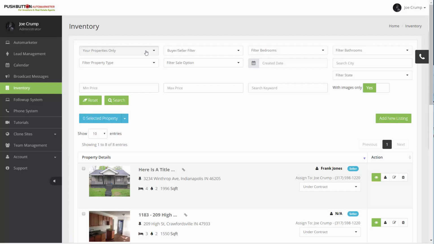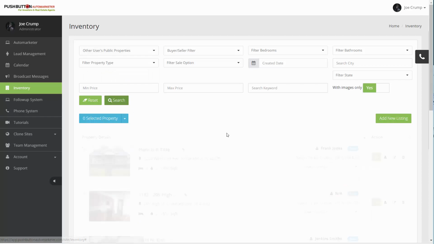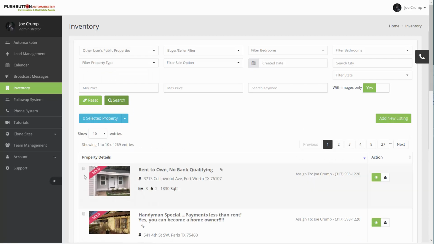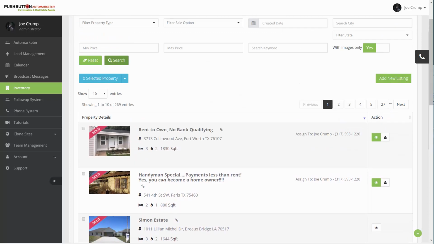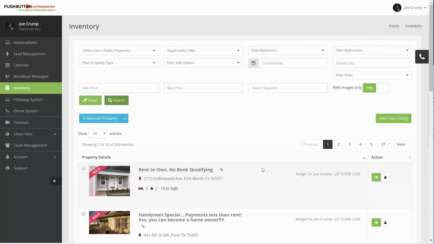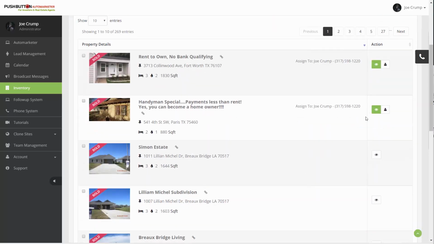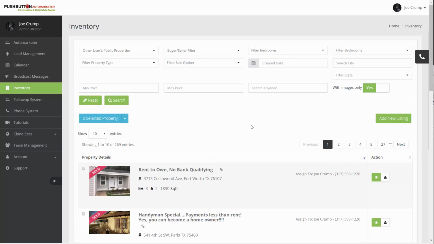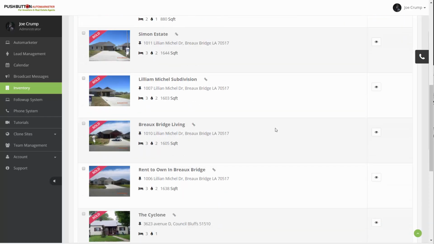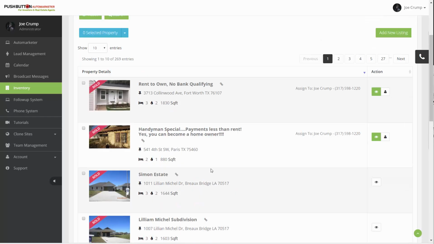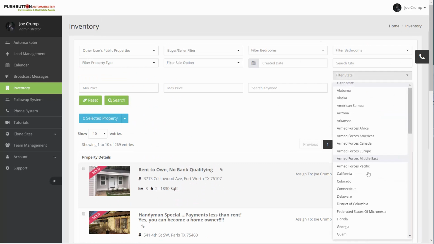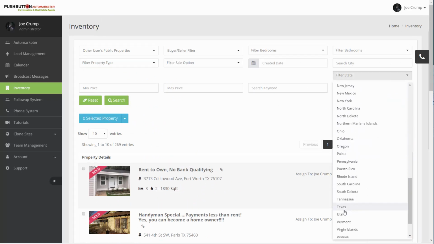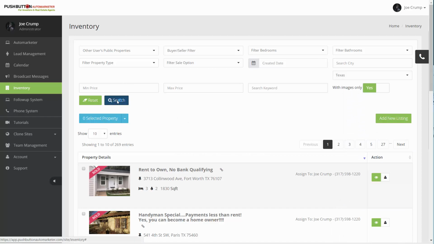Now when it's time to add other users' properties here, I can do this. I'll search, and you'll see they all show up with sold signs next to them. We're not trying to sell their properties. And you can see that I've got 2 of them here that are already in my list. If I want to filter by state, I can do that. There's a bunch of different states here, but let's say I only want to do Texas. So if I put Texas on here and I search again,